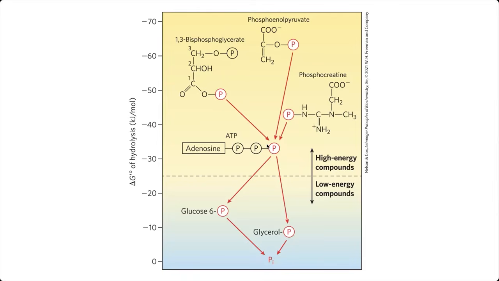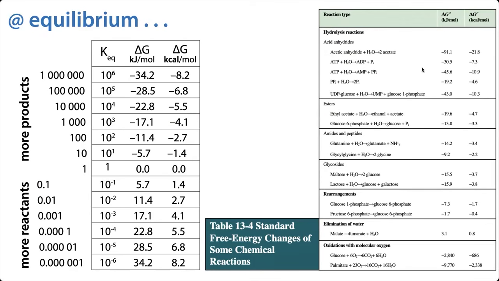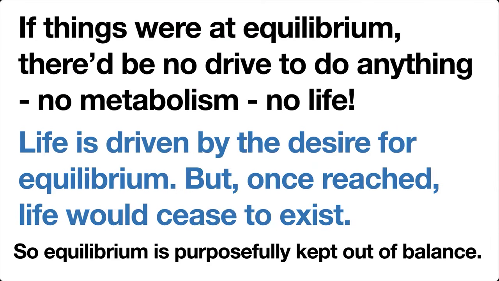Because the ATP bond wasn't actually the one that was going to give us the most bang for our buck. So remember we said that ATP hydrolysis was going to be about minus 7.3 kilocalories per mole. So we would have between 100,000 and a million times more of the ADP than ATP if we were at equilibrium. But remember that if we were at equilibrium, then we'd be dead. Life is driven by that desire for equilibrium. We need to keep it having that desire for equilibrium, because if we're at equilibrium, then our hydrolysis is not going to be useful at all.